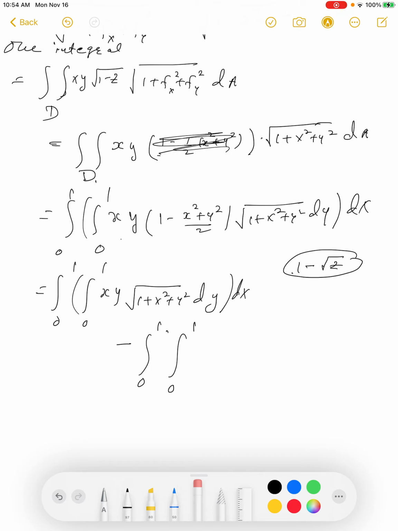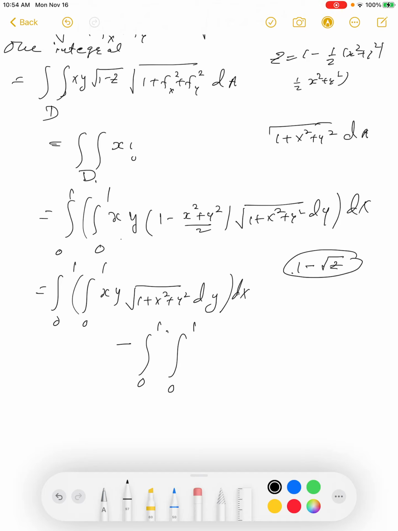So if I take root of 1 minus z, what do I get? I have z is 1 minus half x square plus y square. So you get 1 half x square plus y square equal to 1 minus z. So if I take the square root of that, then I get 1 over root 2 times,